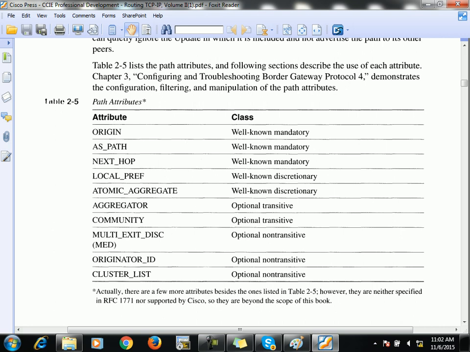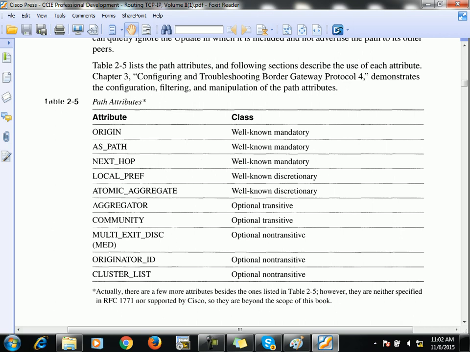No, that is under optional non-transitive. Okay, you can go through this table, right? So here you can see origin code is under well-known mandatory. AS path is also under well-known mandatory. Next hop is also under well-known mandatory. Local preference is also